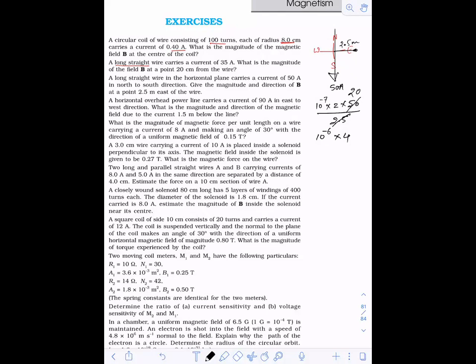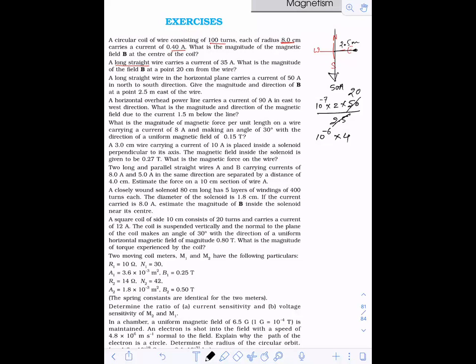See, I'm not using the same formula. Is it the same formula as the last one? Don't use formula. I'm not substituting the values in a formula, dear. For me, I have solved so many questions by now that I know what I have to use. You don't sit and learn the formula, dear. You first try to identify the case. So which case is it? It is a case of a long infinite wire.